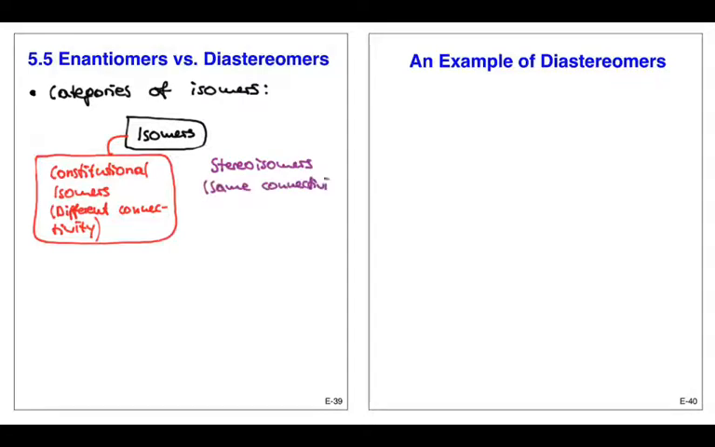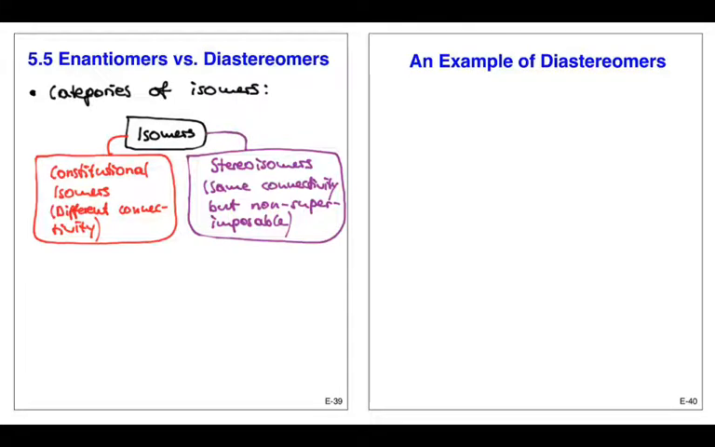Now in stereoisomers here on the right, we have the same connectivity, but recall that the molecules are still not superimposable, like for any kind of isomer. We have basically different arrangement of the atoms in three-dimensional space. But now the key is that the stereoisomer class can be subdivided again into different types of stereoisomers. So first of all, we have enantiomers, as discussed, and these are